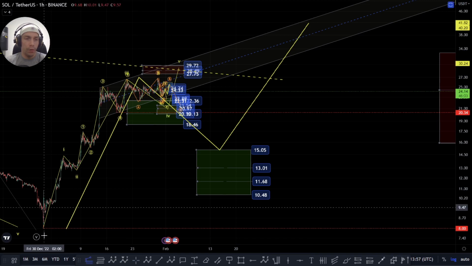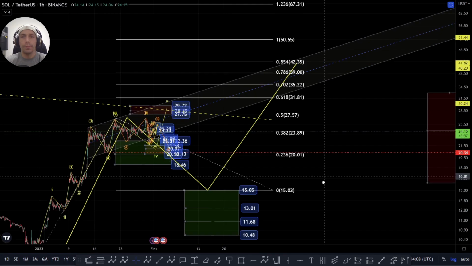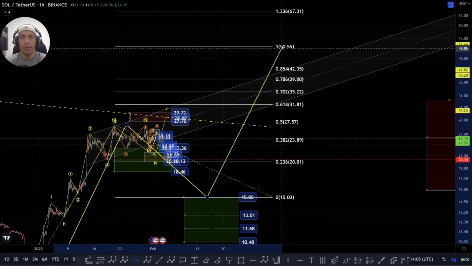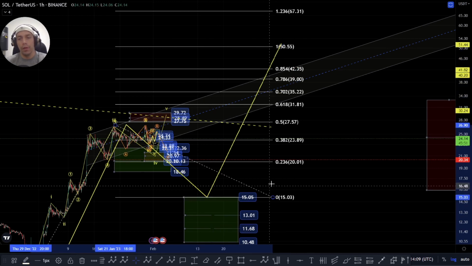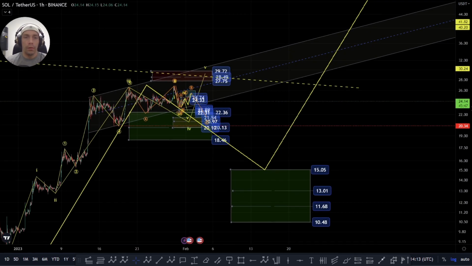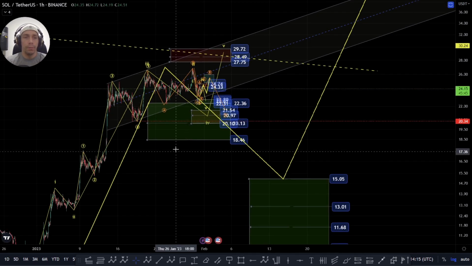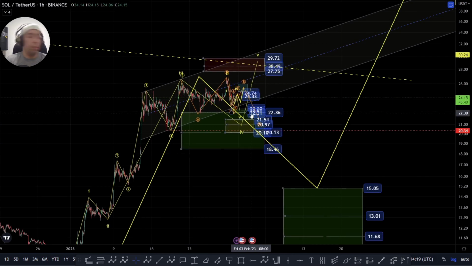So if we do get a retracement down into this zone, we can potentially talk about a 1-to-1 area up here at this $50.55, though there is no confirmation of this yet. And for the moment, if we do break down without forming this as a 5th wave here, it would be a bit worrying, because